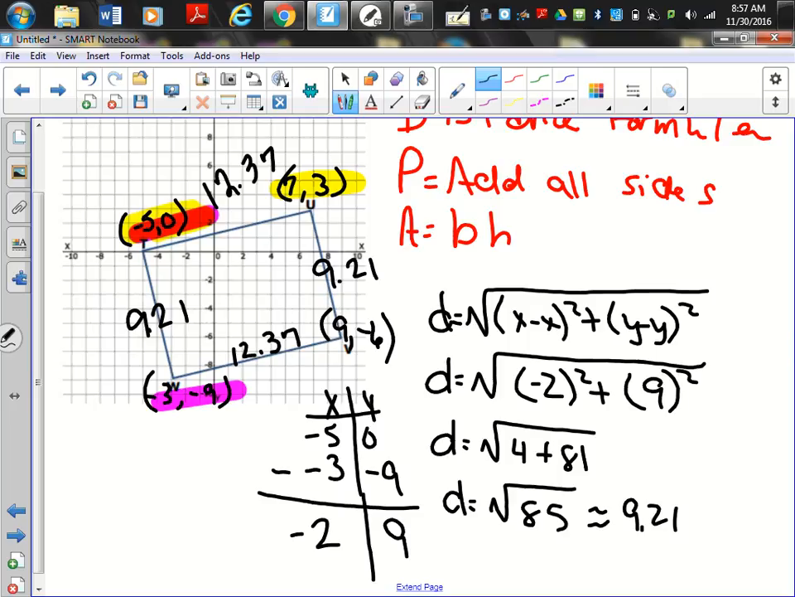Any questions on how to do this on the coordinate grid? We can go one more. Yeah. All right,